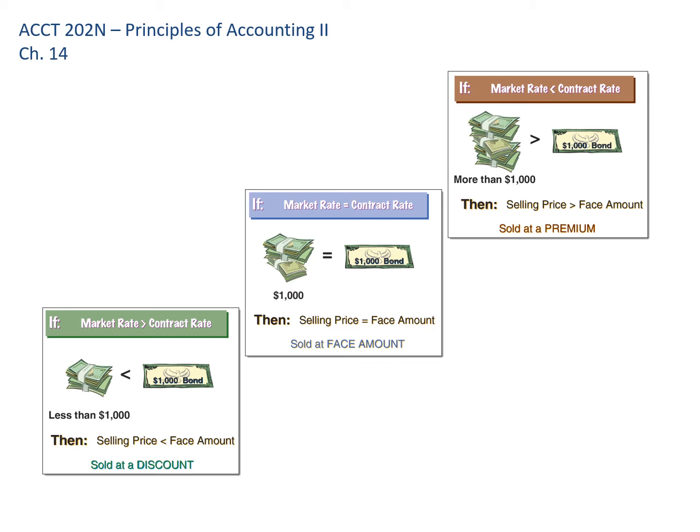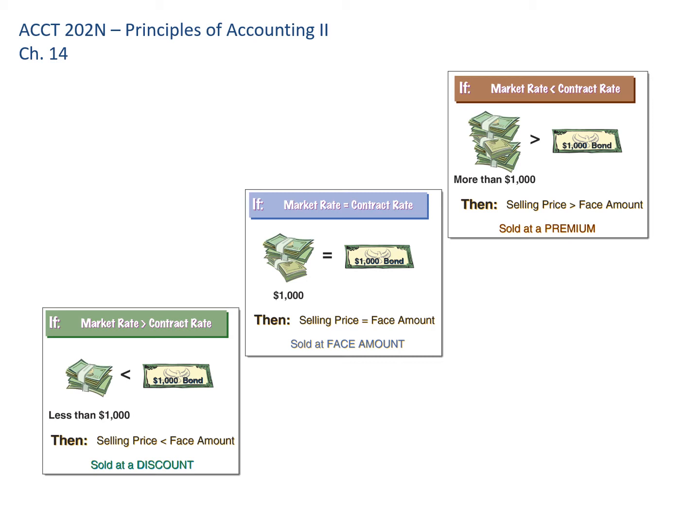The opposite could happen. I could choose, well, maybe I issue my bonds at 7%, so I'm issuing a contract rate that's greater than the market rate. Now people are going to fight with each other and bid up the price of those bonds because they're willing to pay more than $1,000 because they'll settle for 6% even though I'm paying 7%. So if the contract rate I'm offering is greater than the market rate, the bonds will be issued at a premium, greater than the face amount.